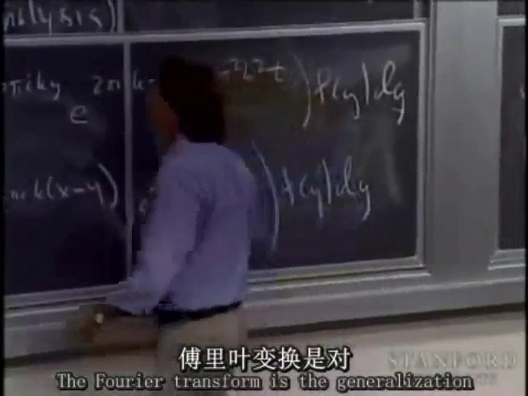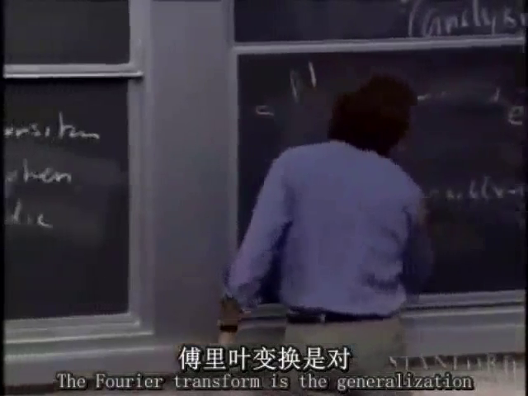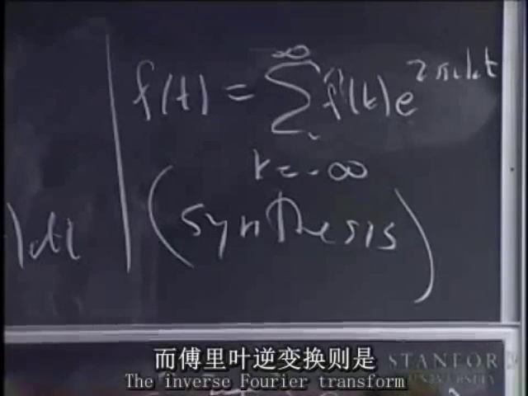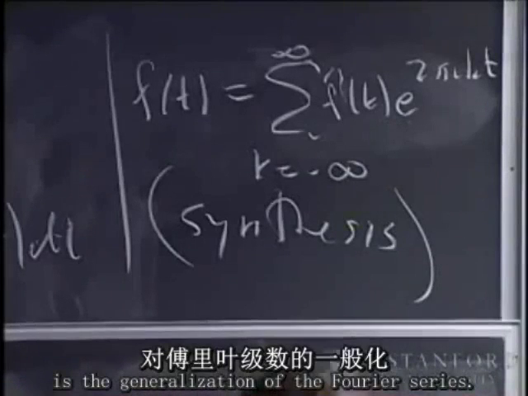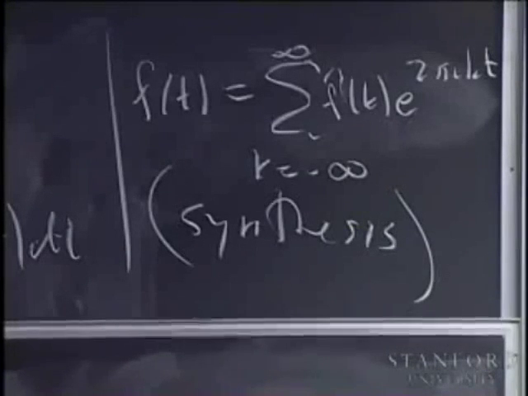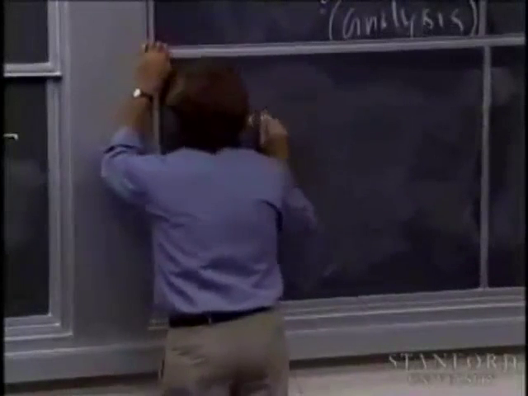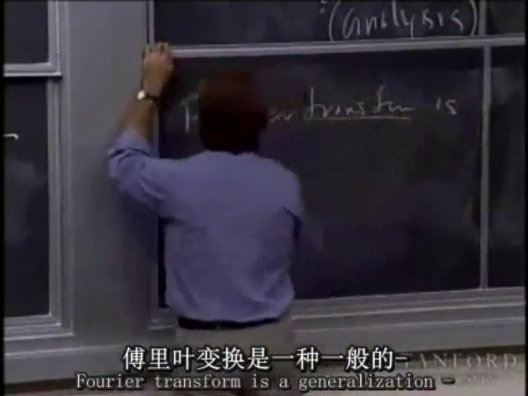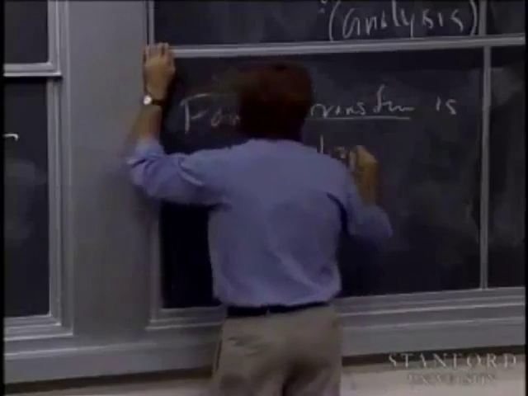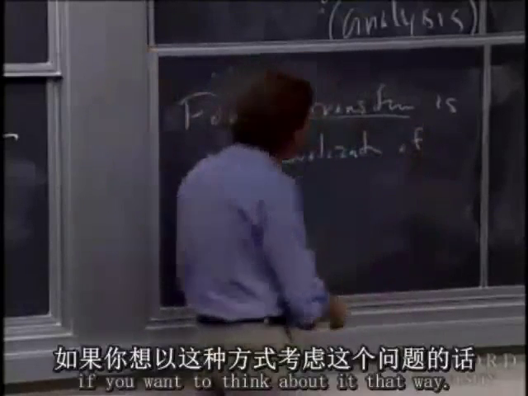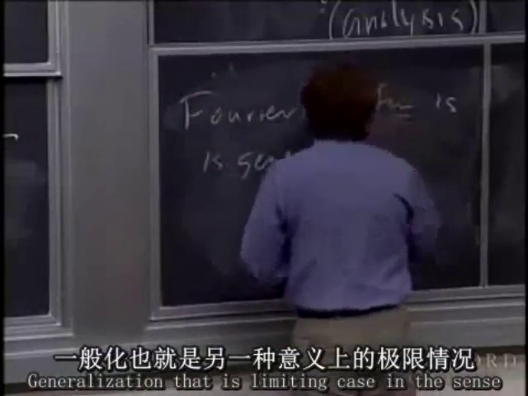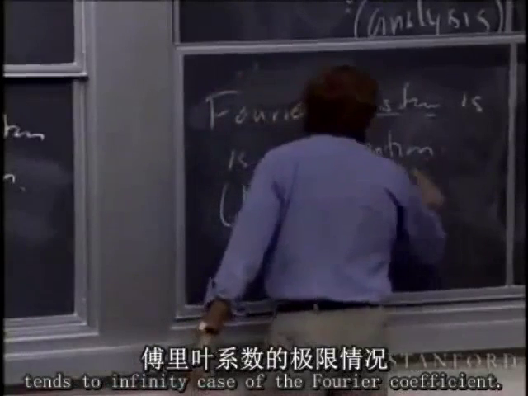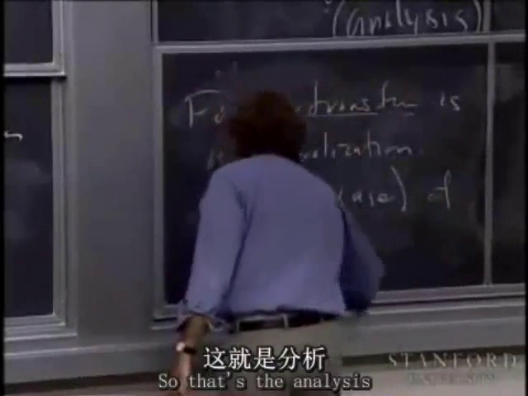The Fourier transform is the generalization of the Fourier coefficient. The inverse Fourier transform is the generalization of the Fourier series. The Fourier transform is a generalization, or the limiting case, if you want to think about it that way. The limiting case, in the sense that I'm talking about here, is the period tending to infinity case of the Fourier coefficient. So that's the analysis,